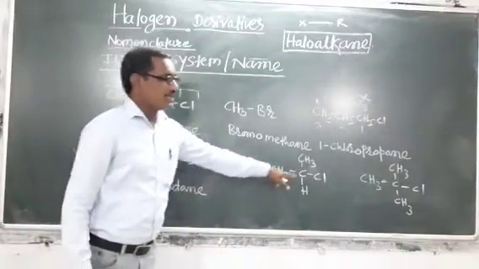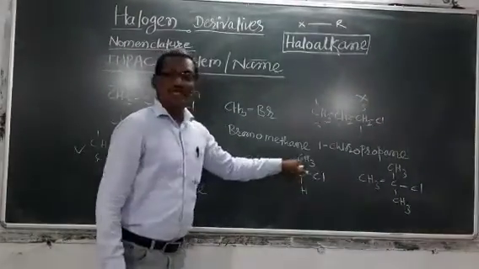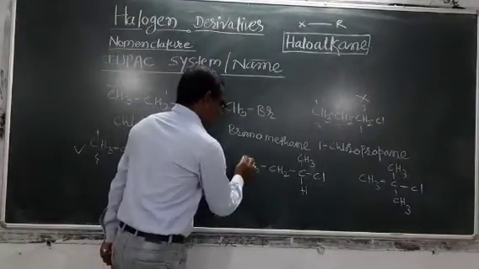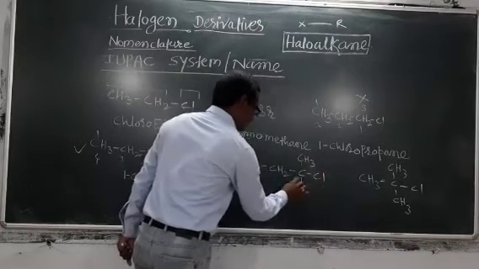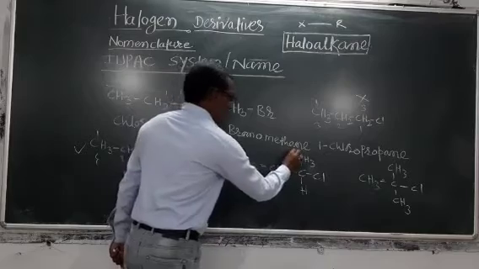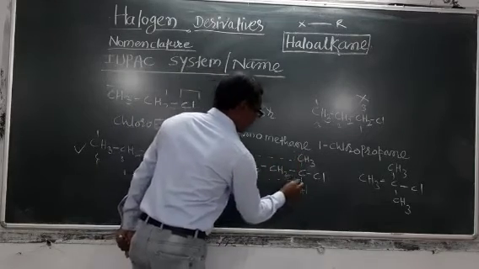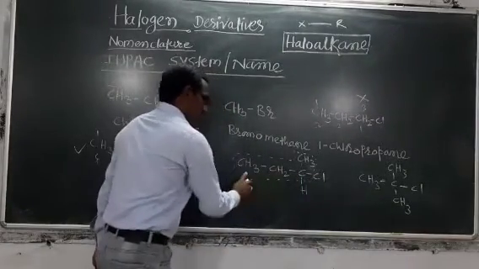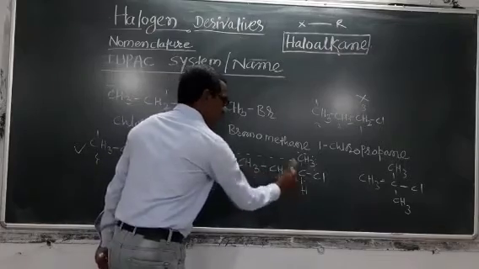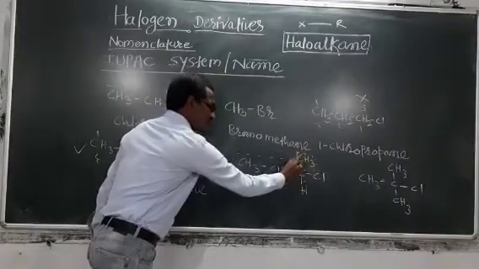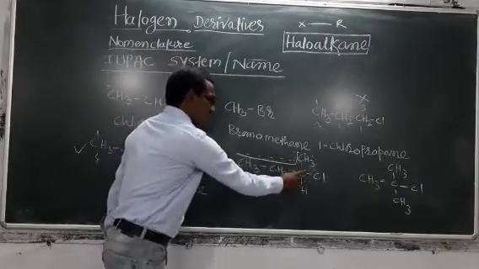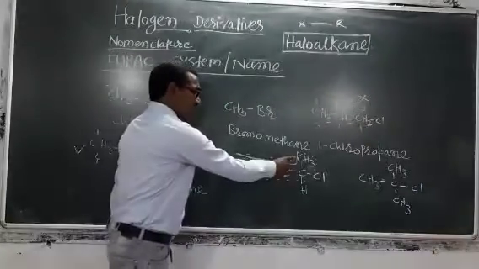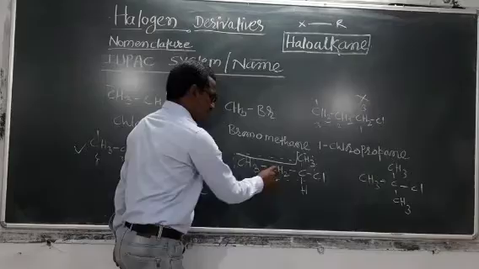Now, come to this example. This also contains 4 carbon atoms, 1, 2, 3 and 4. Here is somewhat of a jump. Look at it. Here we may consider 2 chains, this one and also this one. Suppose we consider the straight chain, it will have just 3 carbon atoms, 1, 2 and 3. Suppose I have chosen this L type chain, this will contain 1, 2, 3 and 4. According to our rule, we have to select the longest possible chain. So we have to select the chain which contains 4 carbon atoms, 1, 2, 3 and 4.